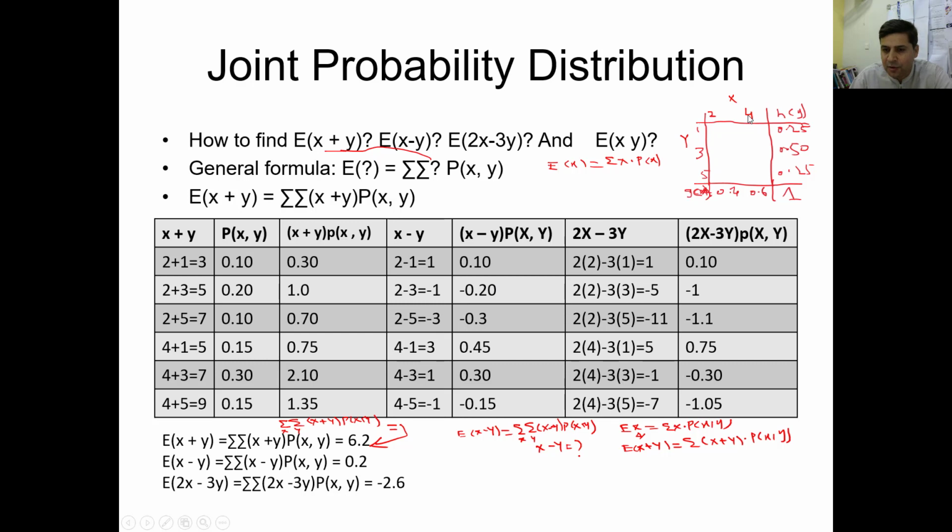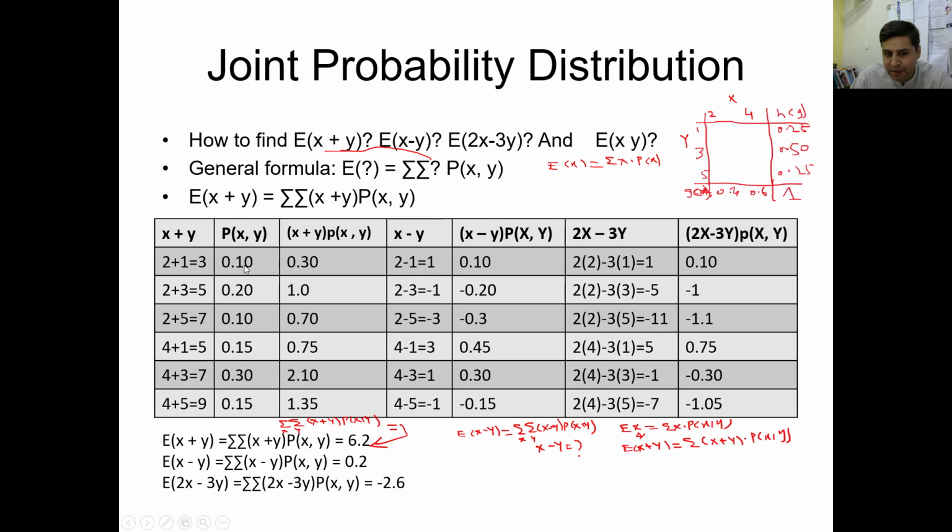Similarly, when x is equal to 4 and y is equal to 1, so 4 minus 1 is equal to 3. Similarly, when x is equal to 4 and y is equal to 3, so 4 minus 3 is equal to 1. When x is 4 and y is equal to minus 5, so it will be 9. And we have already calculated their joint probability distribution. So we do not need to calculate this again, because we have already calculated this. Now what you need to do?